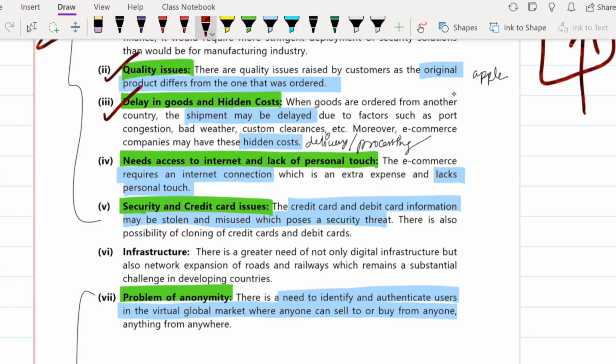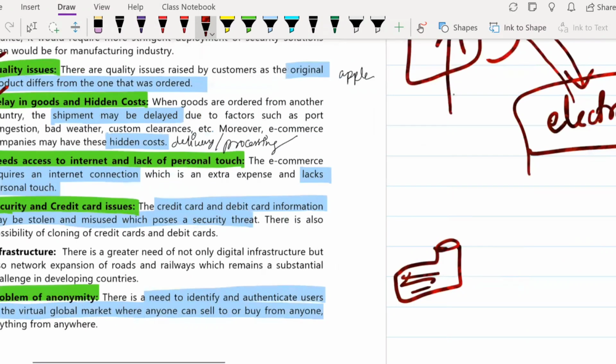Usually what happens is that, keeping aside your Amazon or Flipkart and bigger websites, there are websites which are working at a small level also, correct? This point is mainly given in relation to those websites only. First, there might be hidden costs. Hidden cost means that if you want to buy some shoes from Amazon, and if there is some XYZ e-commerce vendor, and you are buying shoes from there, here what is going to happen is that this shoe,